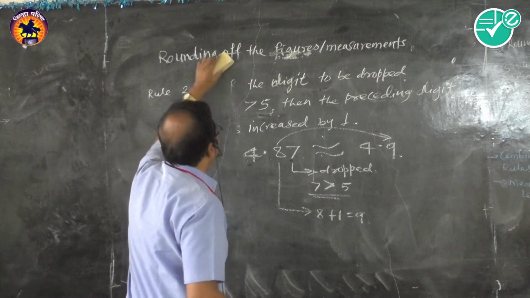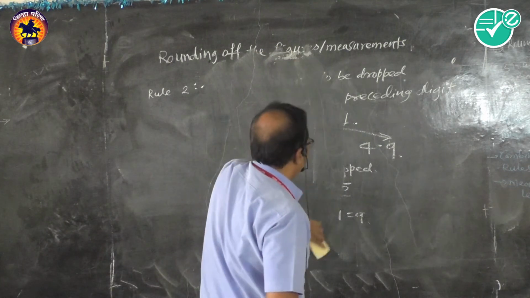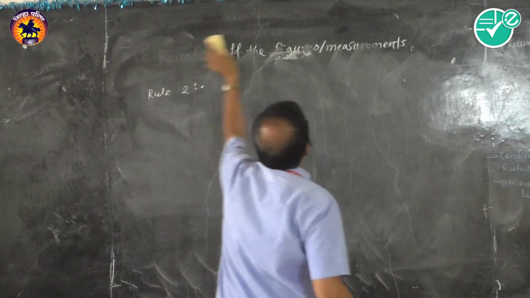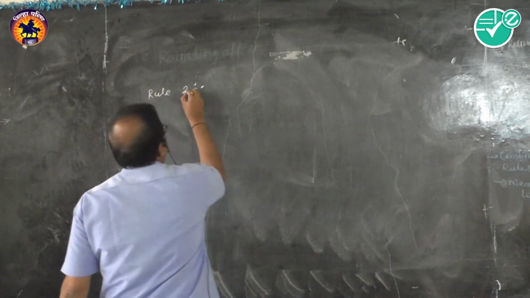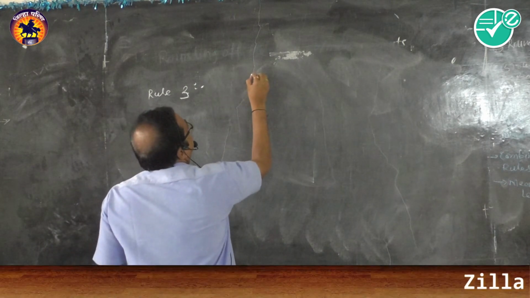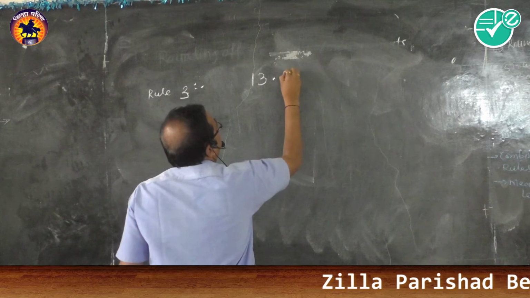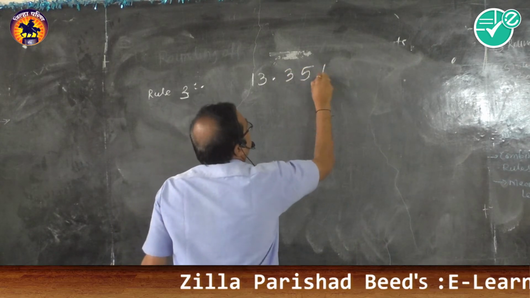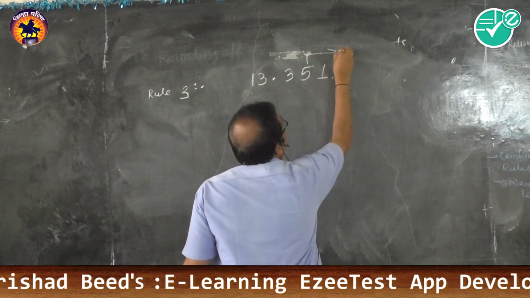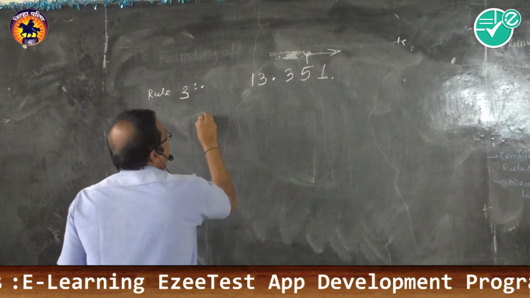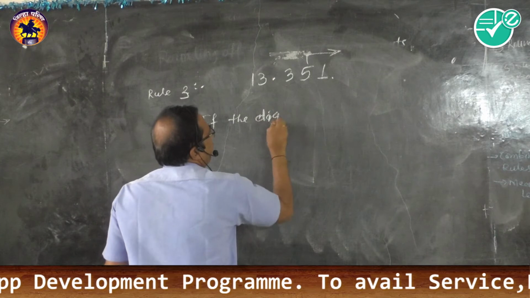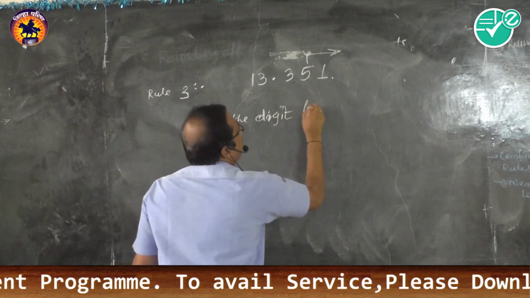Let us discuss the third rule. So all these are the rules which are used when rounding the answers of multiplication, division and addition. As I told you, rule number 3. Let us suppose that this is the number 13.351. Here, the number which is to be dropped is 5. If the number or digit, we can say, to be dropped,